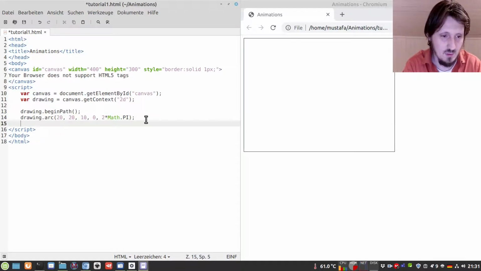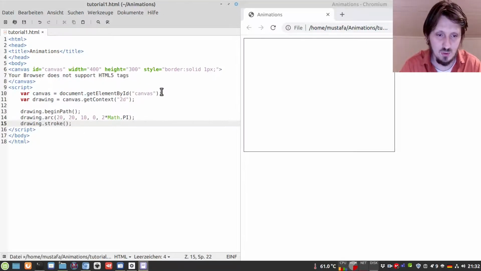And then after the beginPath, we have to close the path also. So we have to tell JavaScript whether we want fill, for a filled circle, which will be just black, or we can write stroke, and then we can only see the line. It's also very important, please take care that when you write any command in JavaScript, you have to end with a semicolon. And now we can press F5 for update, and you can see our canvas with the circle here,